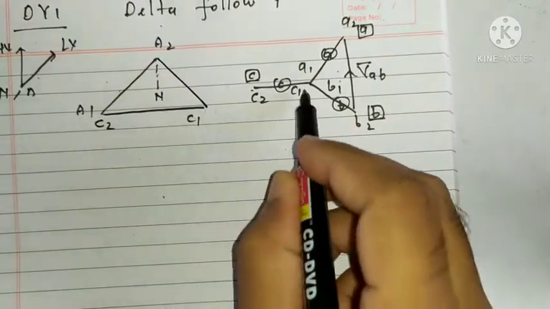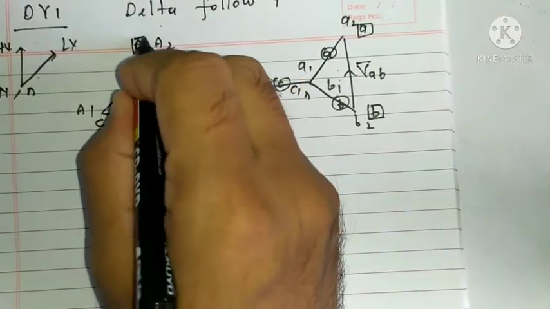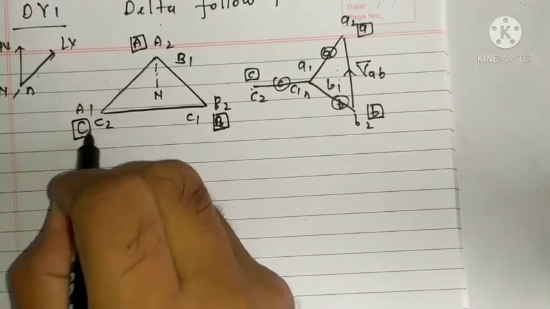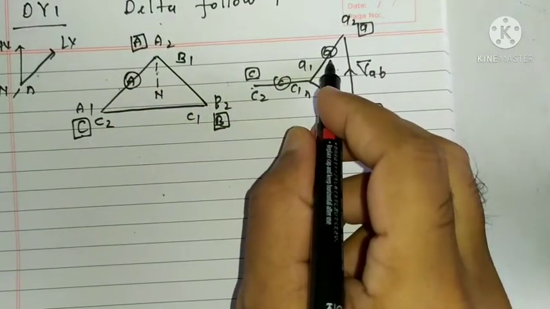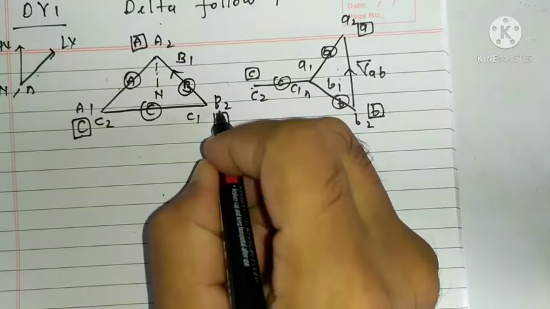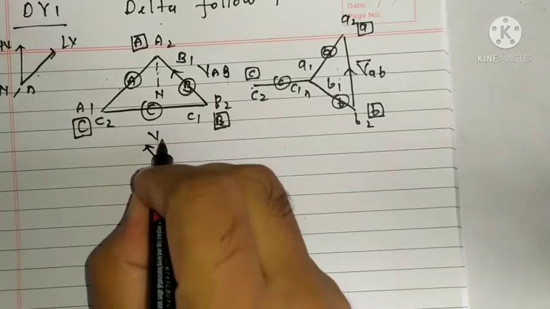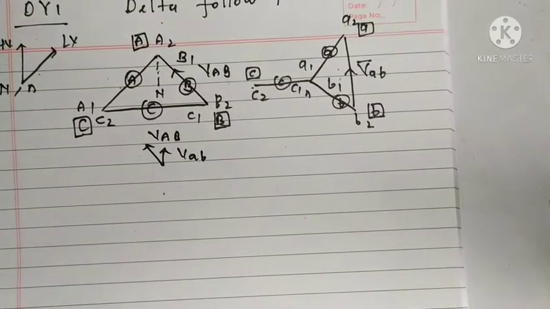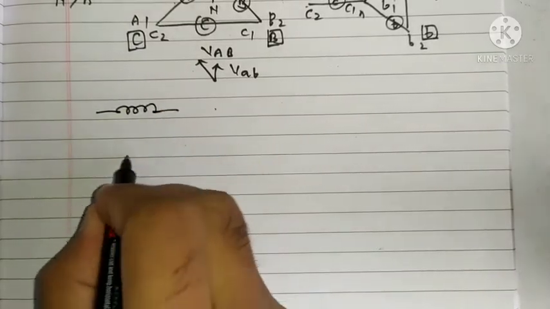So parallel to this line, it is B2, B1. This is A terminal, right? This is B terminal, and this is C terminal. And this arm is A arm, which is parallel to this LV side. This is C arm, and this is B arm, and this voltage is VAB. So VAB is here, and VAB here also. LV side voltage will lag HV side by 30 degree, and the winding will be